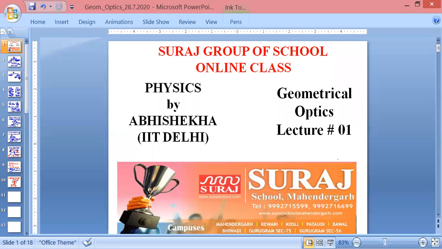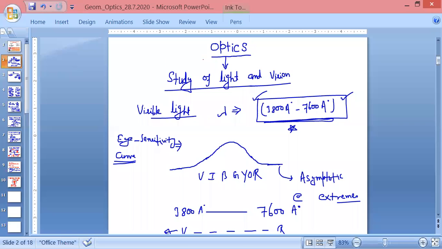So we are dealing with the online classes of Suraj Group of Schools and lecture one on geometrical optics. If we see here, optics is nothing but the study of light and vision. Okay, and if you see the visible light spectrum, it has wavelengths from 3800 angstrom to 7600 angstrom,